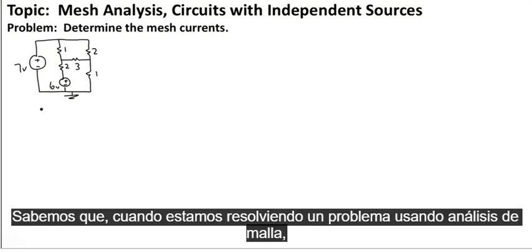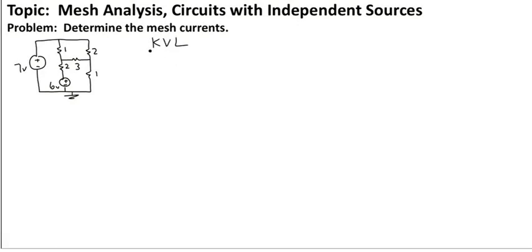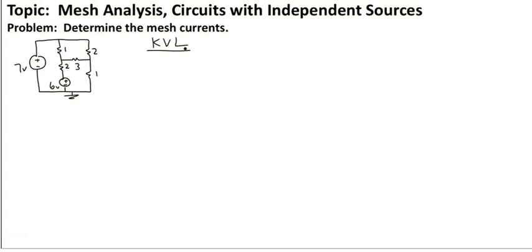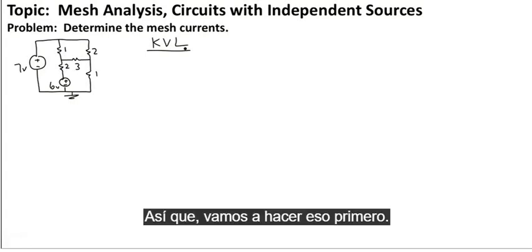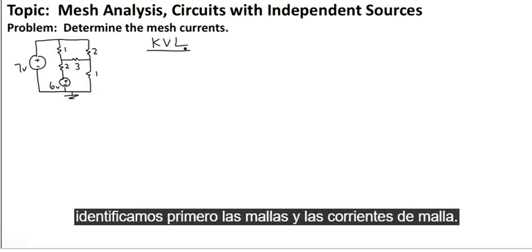We know that when we're solving a problem using mesh analysis, the first thing we do is we use Kirchhoff's voltage law to sum the voltages around each of the independent loops. So we're going to do that first. We're going to identify, as we do with all mesh analysis problems, the meshes and the mesh currents